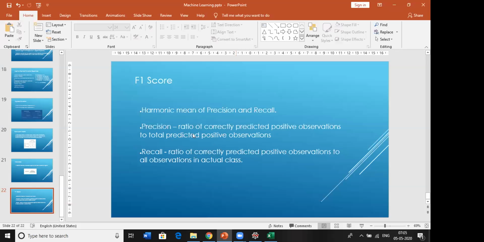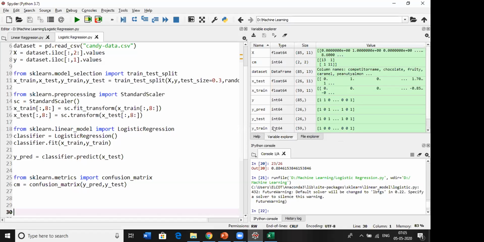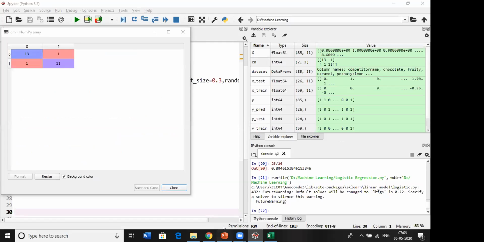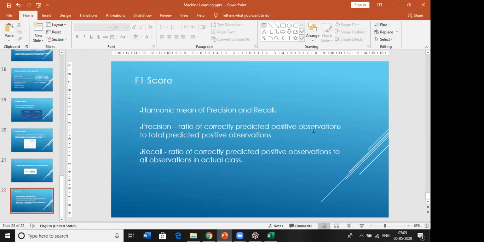Let me calculate this F1 score. To calculate the F1 score, we need the confusion matrix. First we need precision. Precision is correctly predicted positive observations divided by the total predicted positive observations.